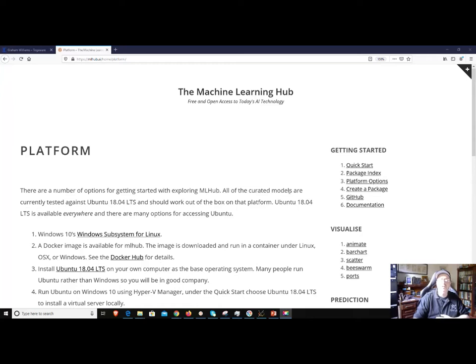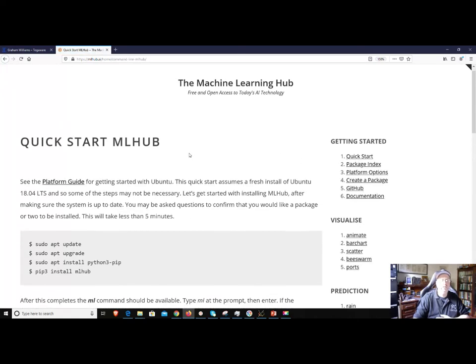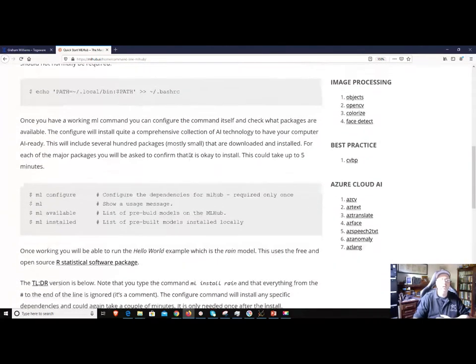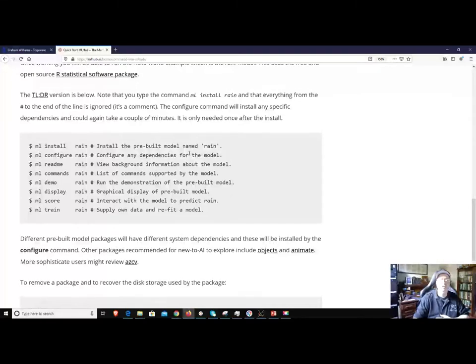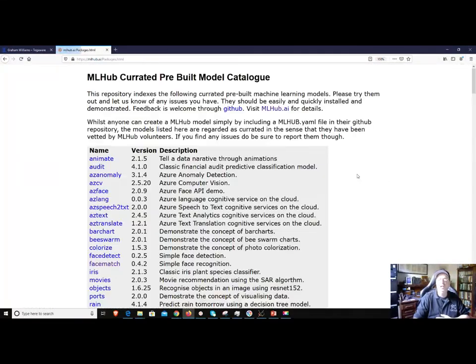For instance, if we look at the main site here where it says Get Quick Start, you can see that there is a quick start part. This has been designed for both Windows and Ubuntu, and all the different code is there to actually get you up and running. You can also see here that there is package information, so you can see there's Animate, Audit,